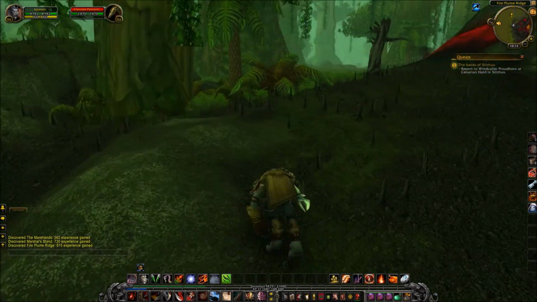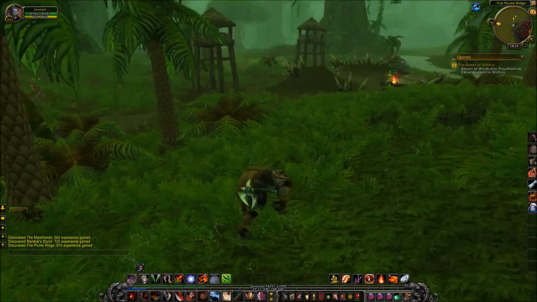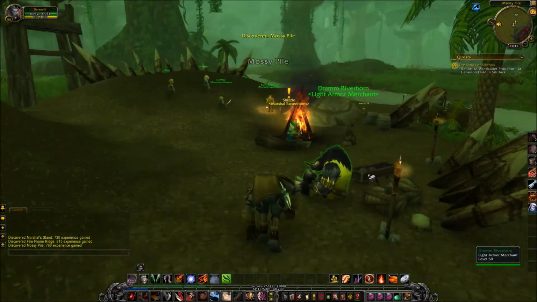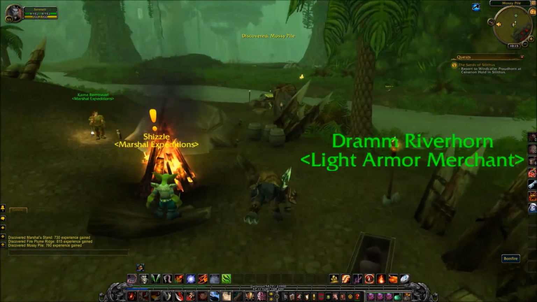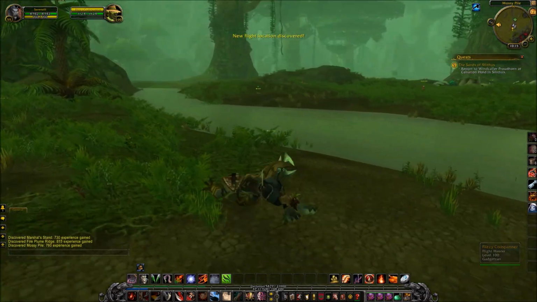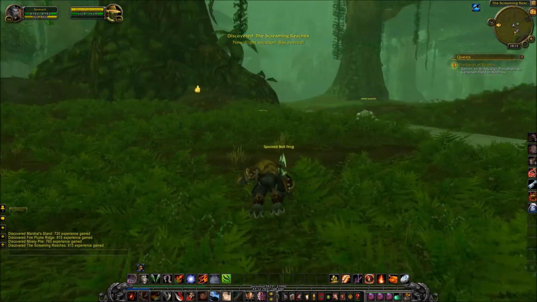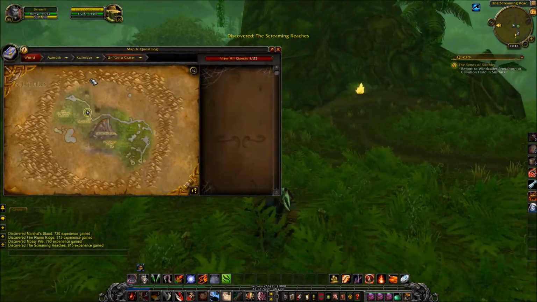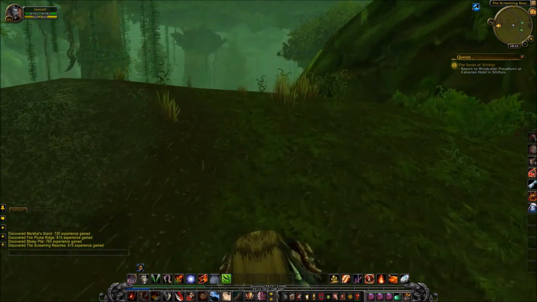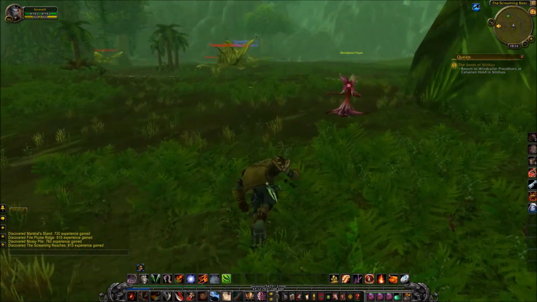There should be another flight point just over here. Yeah, here it is. Just here. There we go. So pick those up now. I just need to head a bit further over to the west and north. There's a path that takes us into Silithus up this way. But as we're running this way, let's see if we can't find one of the...